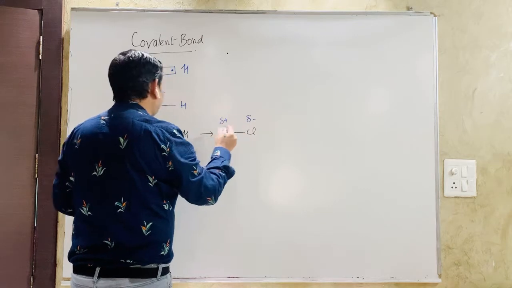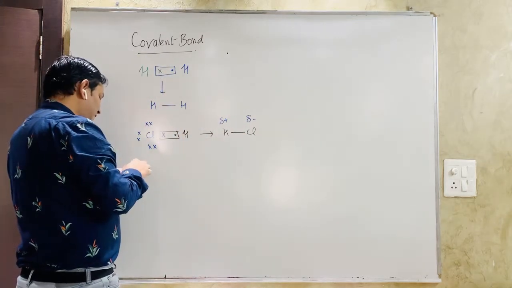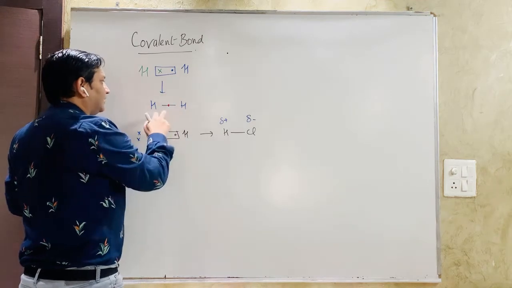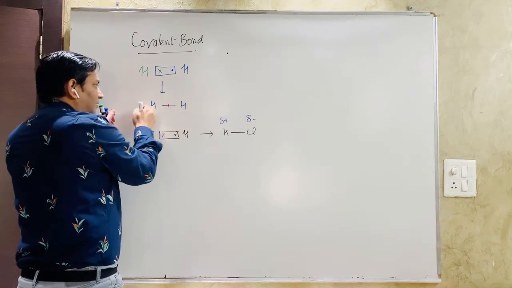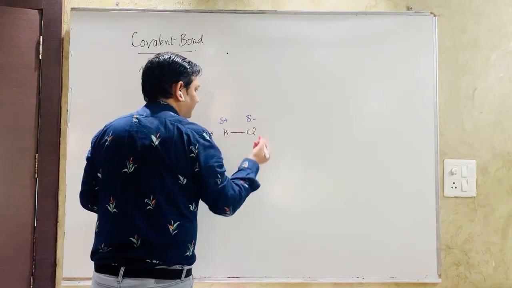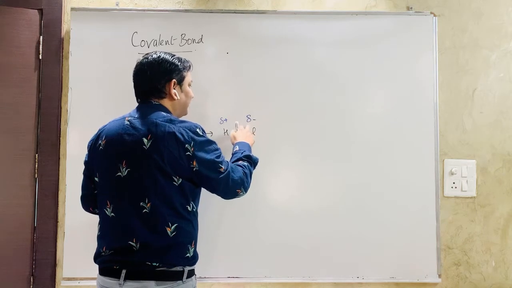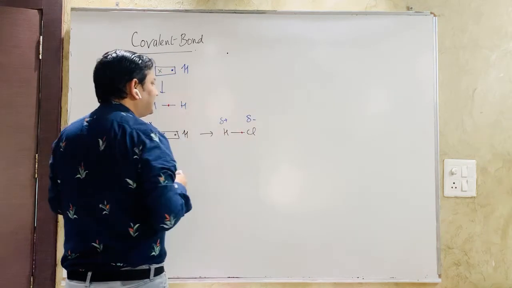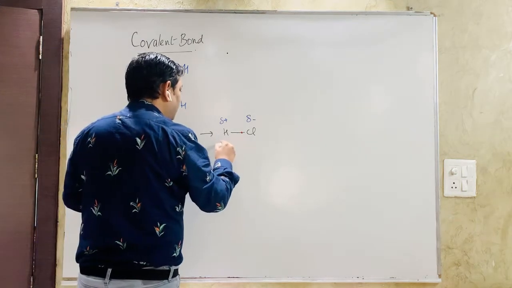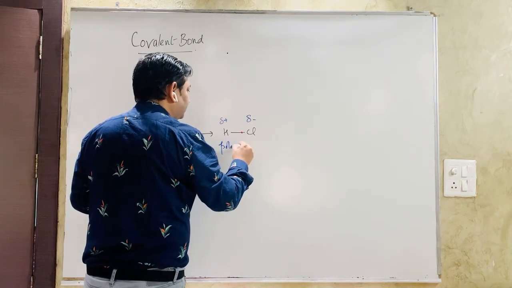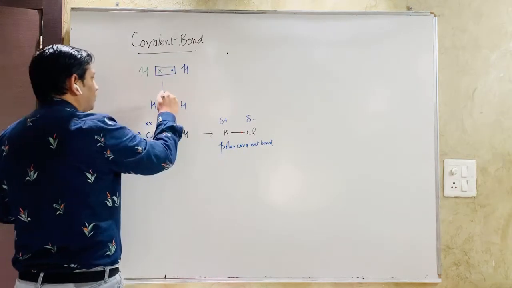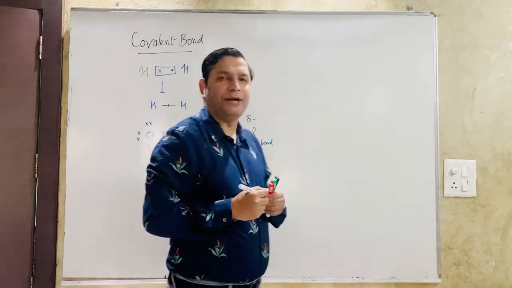Hence, this electron pair, which was exactly in between over here, where both the nuclei used to pull it with an equal effect, is more over here this time. Therefore, this atom acquires a partial negative charge, this atom acquires a partial positive charge, and this type of bond is called a polar covalent bond. So this was a non-polar covalent bond, this was a polar covalent bond.